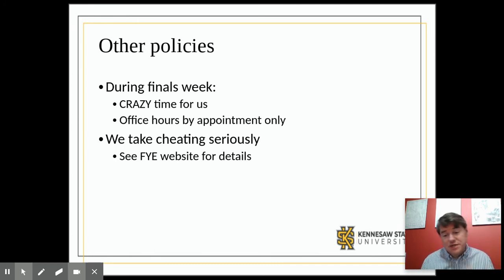When I'm teaching data structures, I assume you understand object-oriented before you walk in the door. If you don't, you're going to have a problem there. So you need to actually get through the class yourself. It's fine to ask other people for help and to talk through things and to talk about concepts. As a matter of fact, that's probably one of the most useful things you can do to get used to how to code. But when push comes to shove, the code that you actually submit has to be your own code. If you're not doing that, we will catch you and you will fail the class. Don't cheat. That's all I'm going to say on that matter.